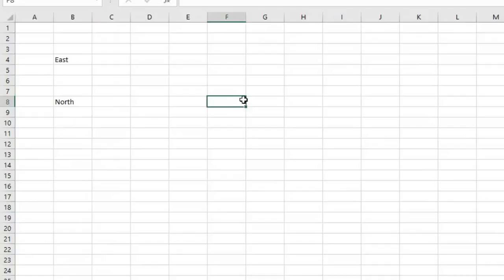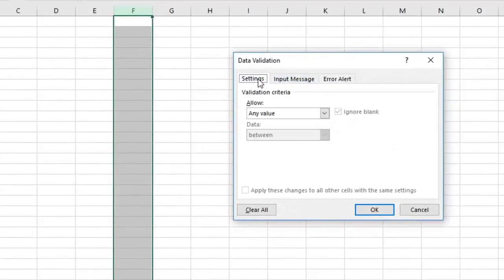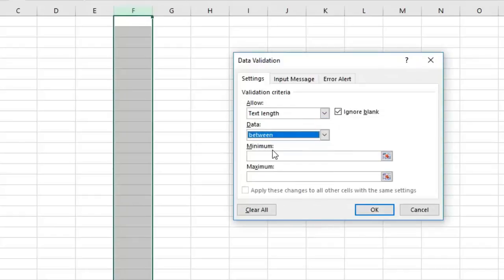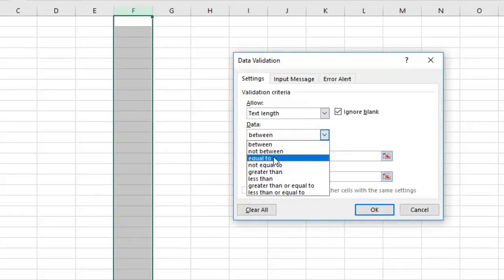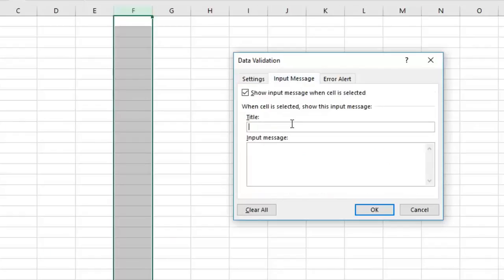So lists are not the only thing. For example, an ID number should be 13 characters long. So let's click on F, Data Validation. And in my settings, I'm going to say the text length must be, you can see you've got a minimum and a maximum, greater than. Mine's going to be exactly equal to 13. My input message would be enter your ID number. And over here, please enter your